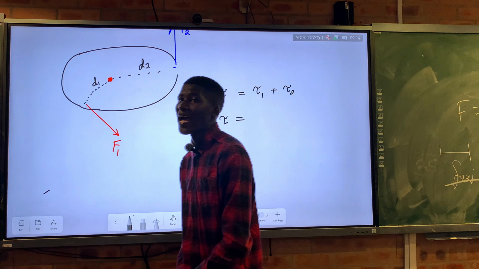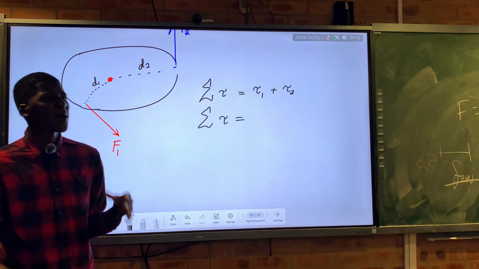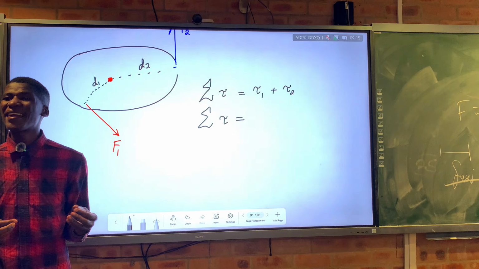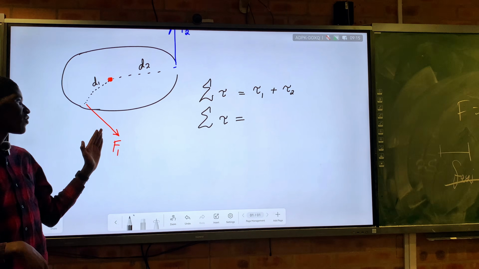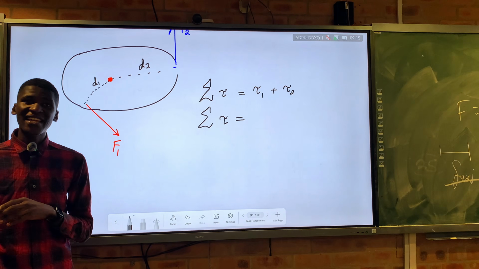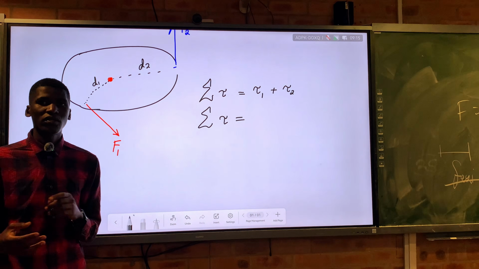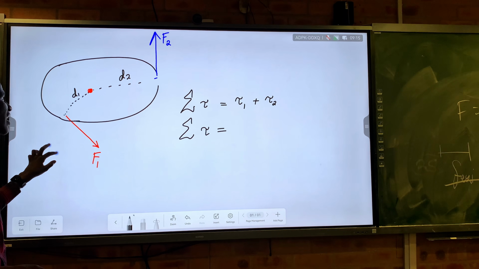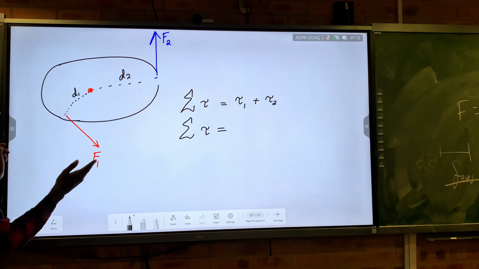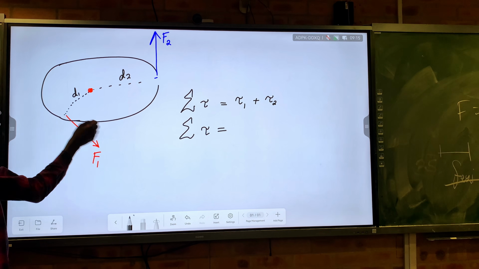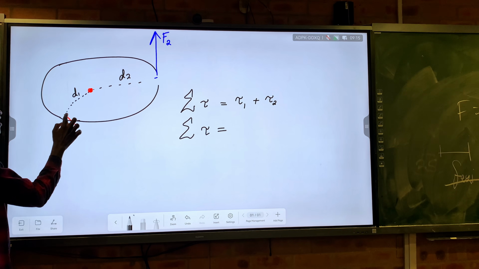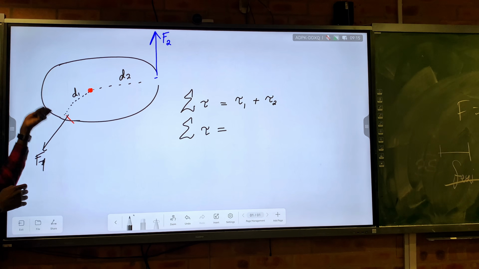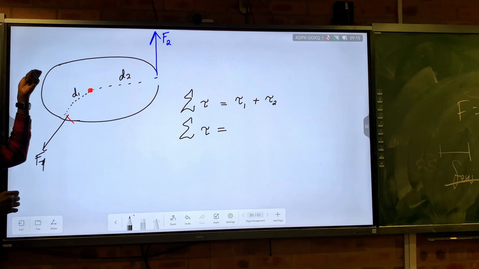So don't stress too much about the directions, because even in linear motion, remember we said these directions are arbitrary. You are not always supposed to choose right as positive. You can choose left as positive. But as long as you have chosen one as positive, the other will be negative. Yes, they are arbitrary, but you should be careful. Try to use these ones, whereby you can see my force, I want it to make it rotate clockwise. Here is my force; if I apply it this way, it will be clockwise.